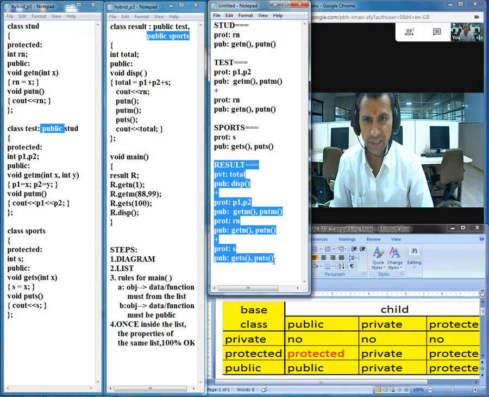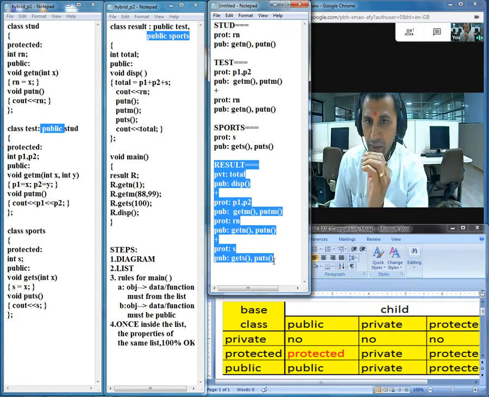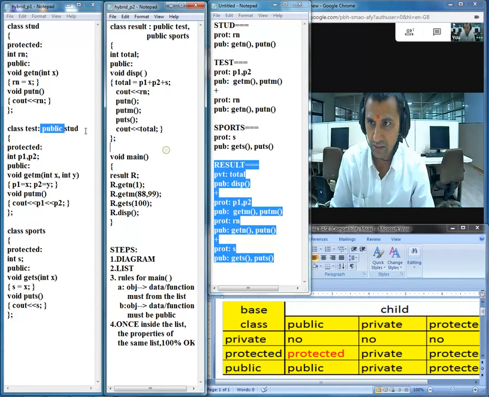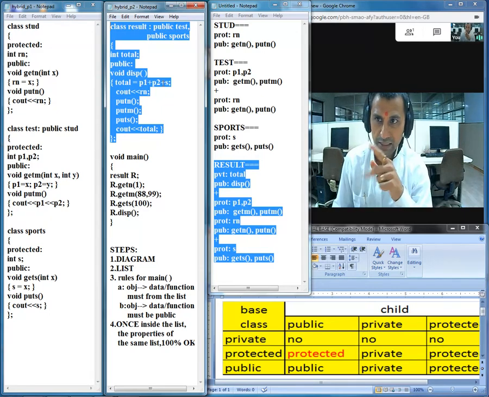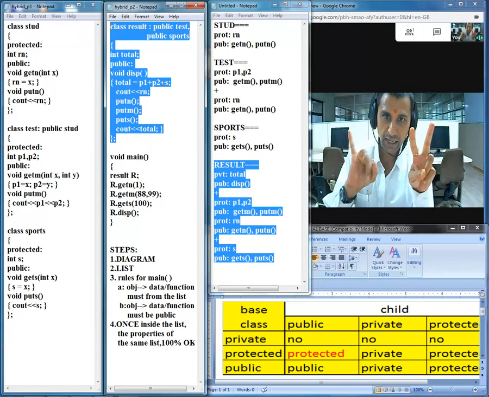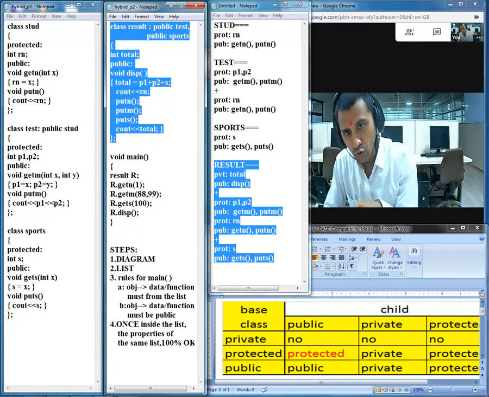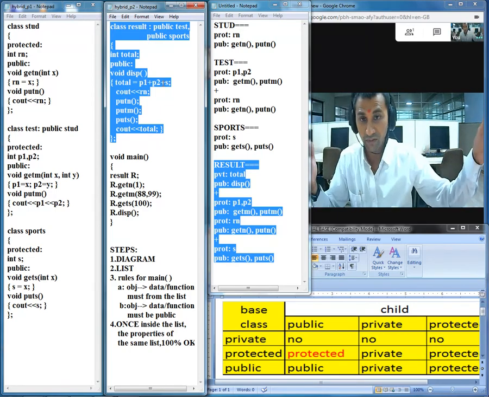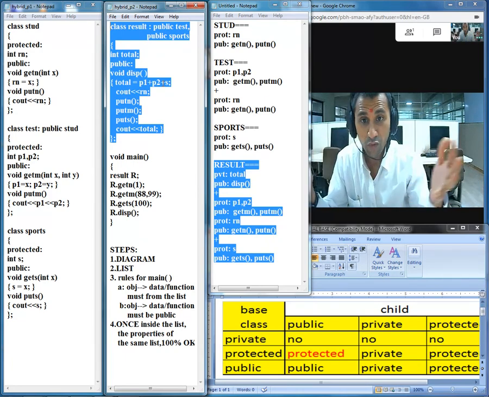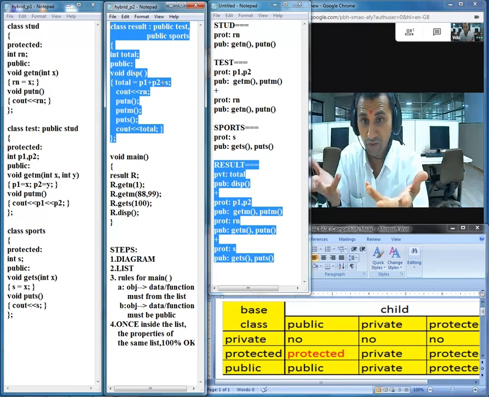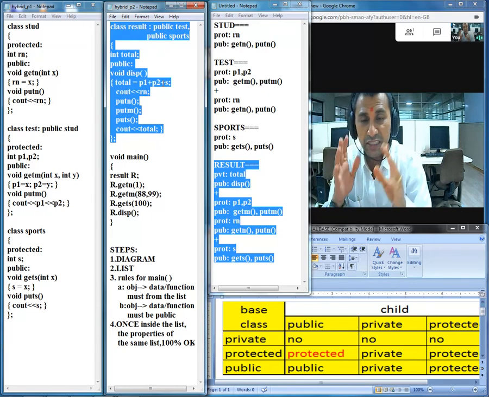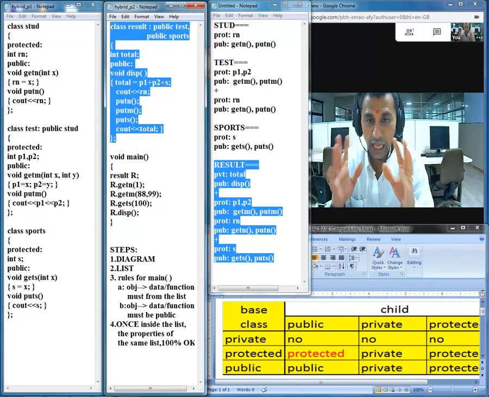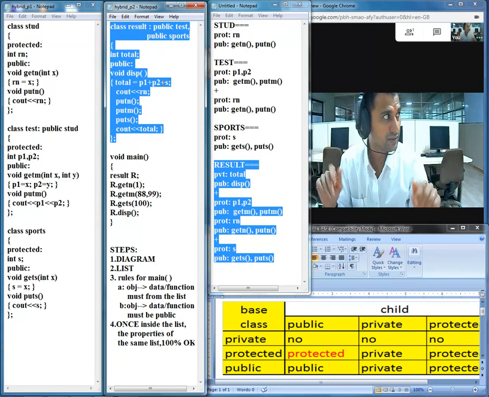At this stage, you can understand the requirement of making a list. Just take a look at the code, everyone. I'm talking about class result. It has only two properties visible to it, total and display. But if you count the total number of properties, the list is very long. It has 4 to 5 variables and 6 to 7, 8 functions. Where exactly have they come from? The list will save you from the confusion. The list will help you write precise and accurate code.